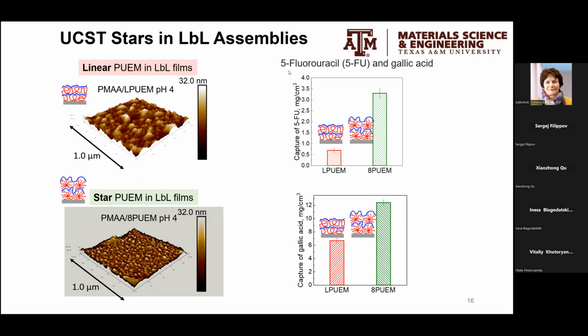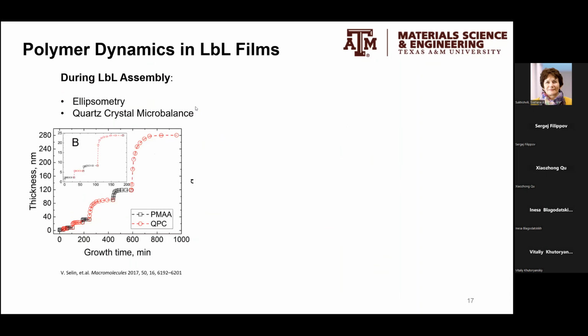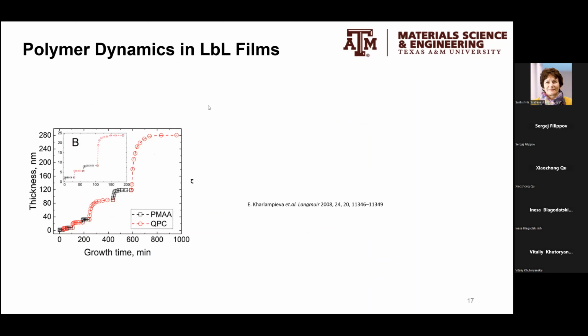When you study the capture of fluorouracil and gallic acid, you consistently get the result that the star-containing films are definitely better in capture of small molecules, even at the surface, which means basically that the binding does not suppress the ability of the high density units to interact with